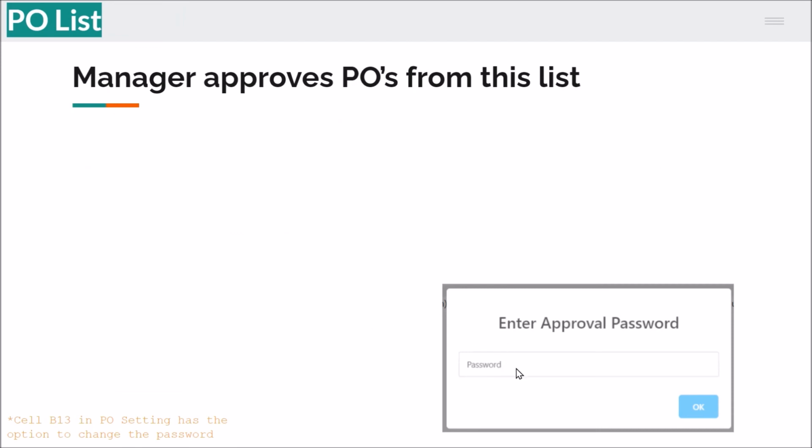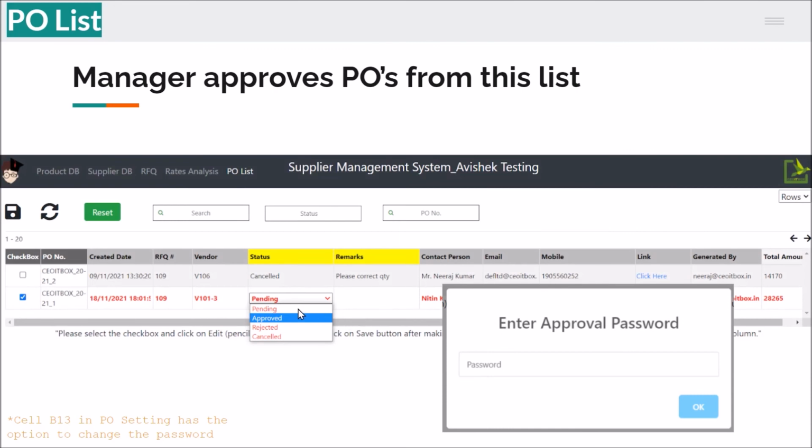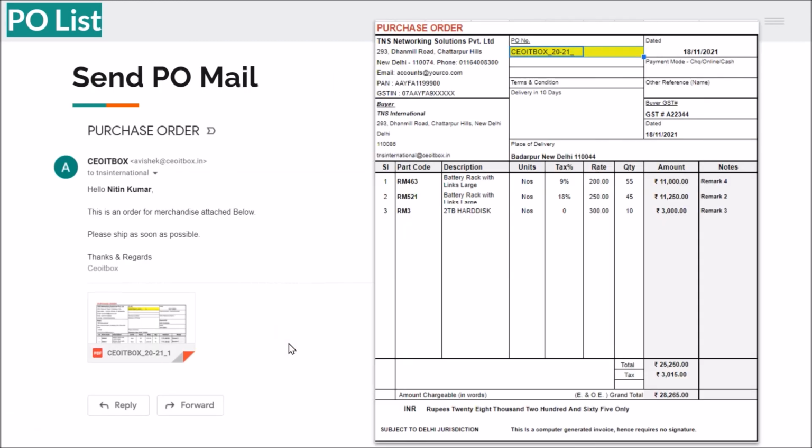Now the purchase manager will first need to enter a password to approve, reject, or cancel the PO that has been chosen by the front end team to actually be sent to the particular vendor. This is the PO format. This can also be edited from the PO sheet that we have.